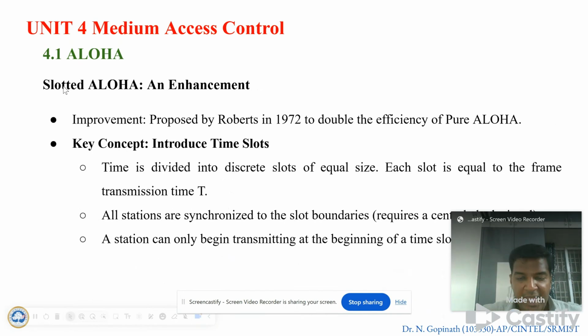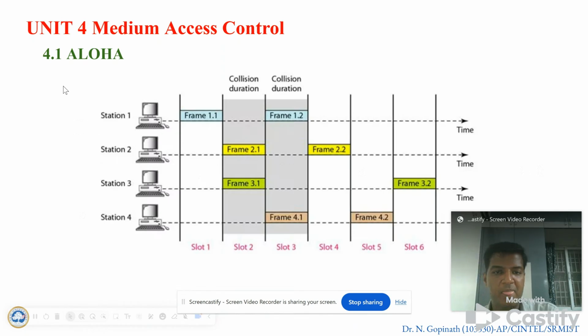Slotted Aloha, an enhanced version of pure Aloha, proposed by Roberts in 1972 to double the efficiency of pure Aloha. So the key concept is to introduce time slots. Time is divided into discrete slots of equal size. Each slot is equal to the frame transmission time T. All stations are synchronized to the slot boundaries. A station can only begin transmitting at the beginning of a time slot. So here is a diagrammatic representation of